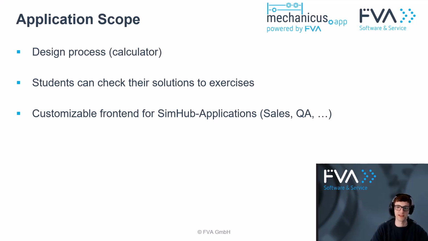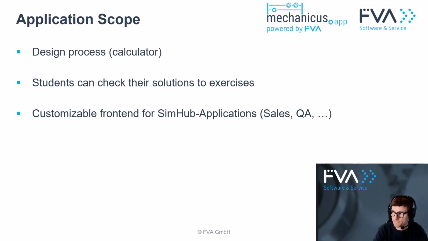Finally, the Mechanicus provides a customizable front end for SimUp applications. Because our software, the FVA Workbench, is a quite complex and powerful tool, we need to strip those complex calculations down to application cases. For example, the application case for sales is different than for quality assurance and so on. So we can provide some little apps using the Mechanicus for different application cases